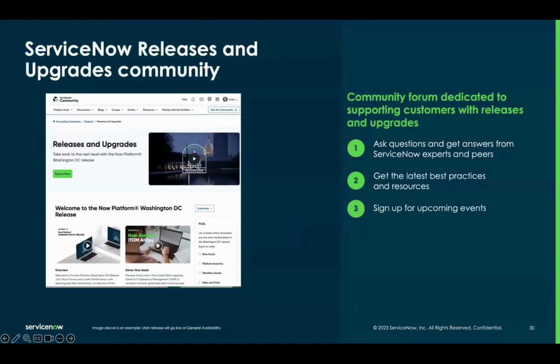And then in addition, on the community, we have a releases and upgrades page under the product hub drop down there. So you can come in here, and right now we have some of the webinars from the Washington release event that we had in DC when the release was launched. And then if you scroll down further down the page, you'll find some additional resources. So we have